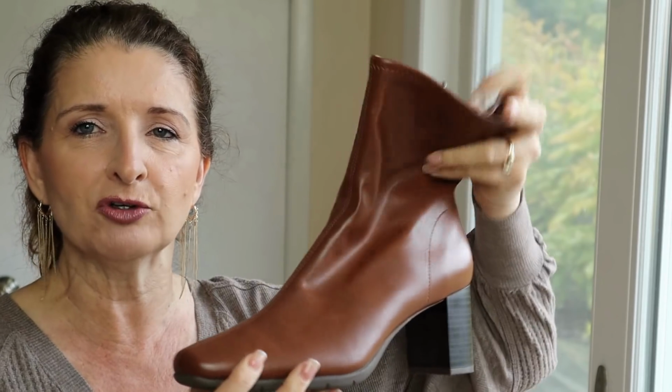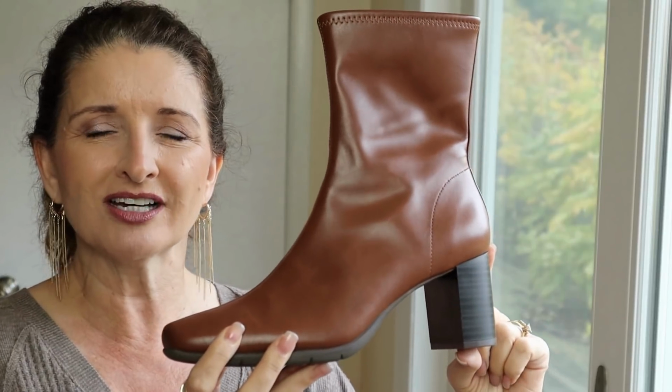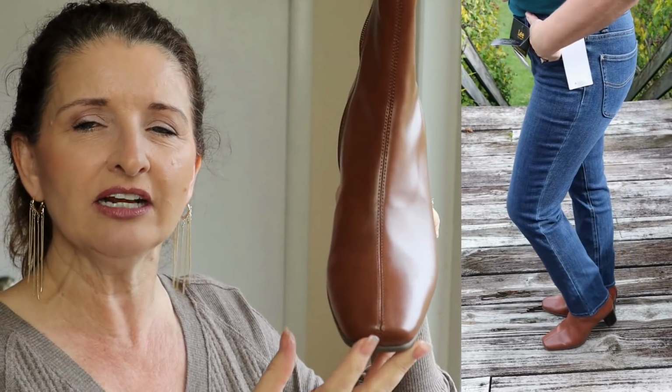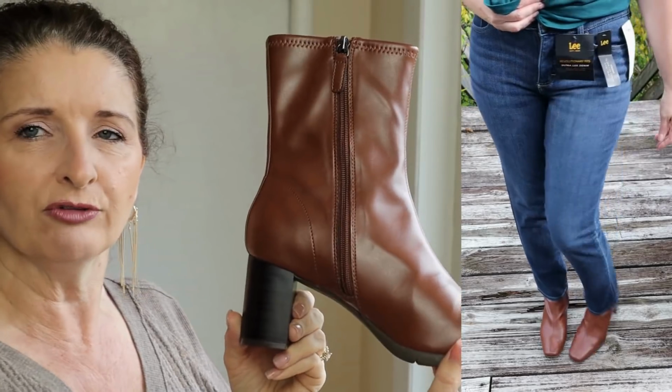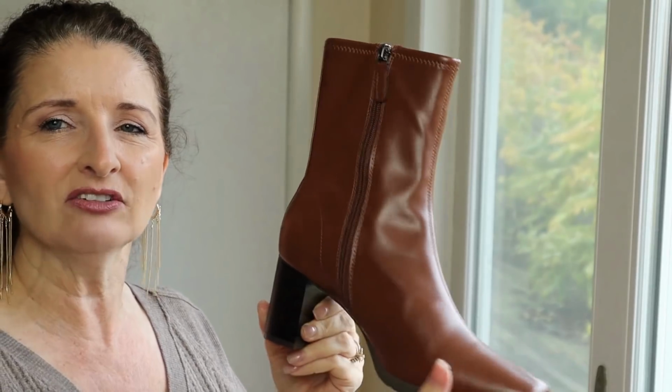They are very supple. You can see that I can easily bend these, and these are just faux leather. They have about, I don't know, a 3.5 inch heel. I love the neutral cognac color. These have just the slightest bit of a squared off toe, but it's more of an almond shape. Also very important to me is that it's a zipper on the side so that I can easily put these on